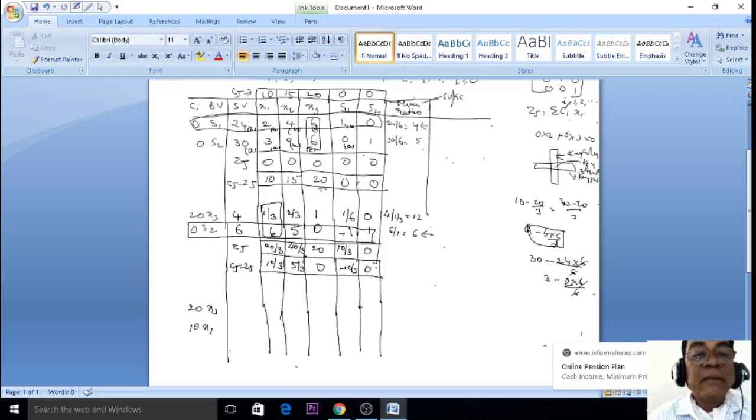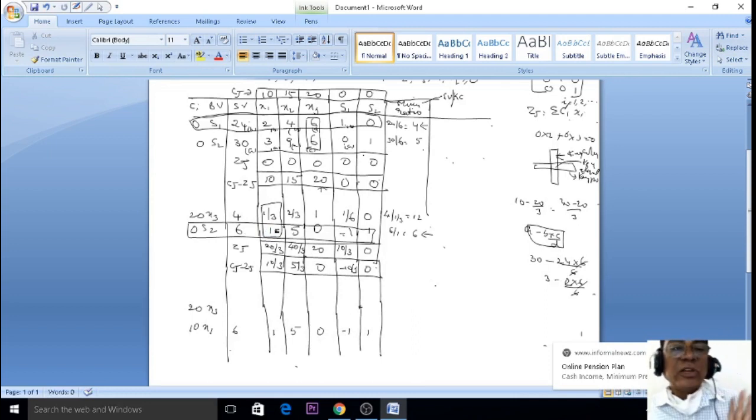So take this key element and divide it into all elements which are present in the key row. Take these key row values and divide them by the key element. It means 6 divided by 1, write down 6. 1 divided by 1, 1. 5 divided by 5, 5. 0 divided by 0. Minus 1 divided by 1, minus 1. 1 divided by 1. Sometimes it may be 7, 6 divided by 7, like this only. It depends upon the given problem. Now, if 1 is there, after that write down 0, because the key column is always connected to the unit matrix. See, key row and key column values are over.